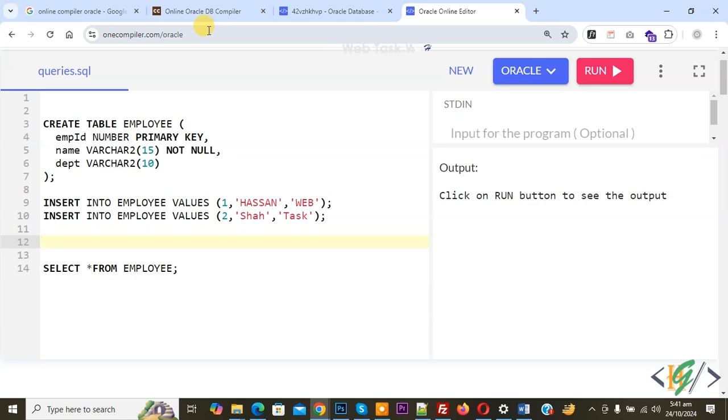Bismillahirrahmanirrahim. Assalamu alaikum. My name is Hassan, and today we are going to add or insert a record in a specific column